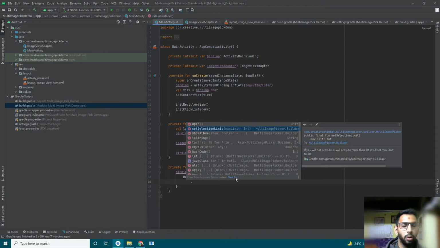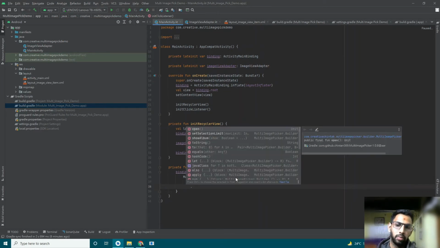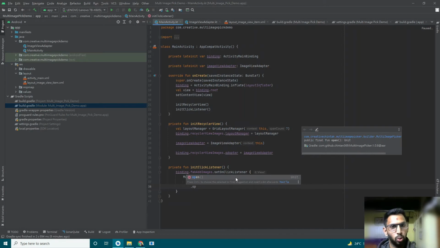So now we are setting the selection limit. We have to provide the number of images to which the user should be restricted. If you want your user to select only 10 images at a time, then we set the number to 10. Then we call open. When you call the open function, it will call the library.